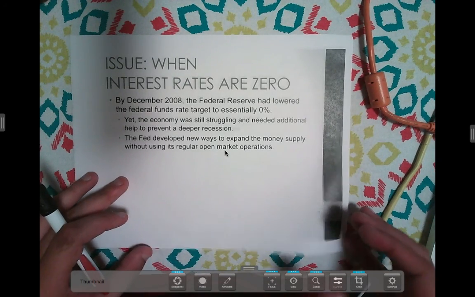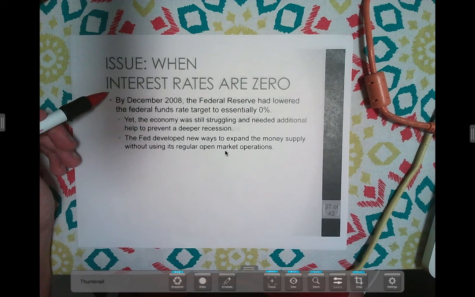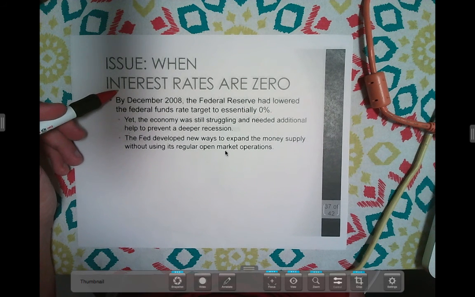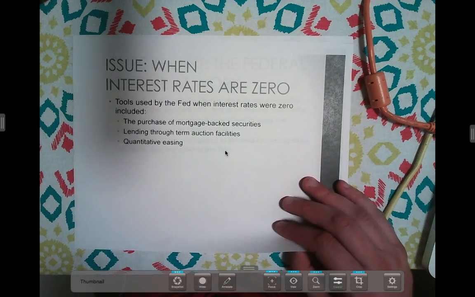The problem that exists right now is what happens now that interest rates are essentially near zero. Because the problem is that if another recession were to happen, what could we do? We can't really increase the money supply more. We've already increased it as much as possible. That's kind of the thing that economists are now thinking about, is like, well, what do we do now? How do we stimulate the economy when we've already used all the tools that we have? So economists are starting to have to come up with some new tools.